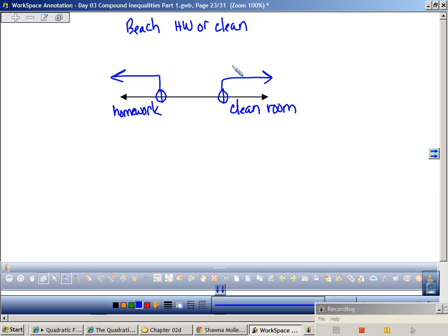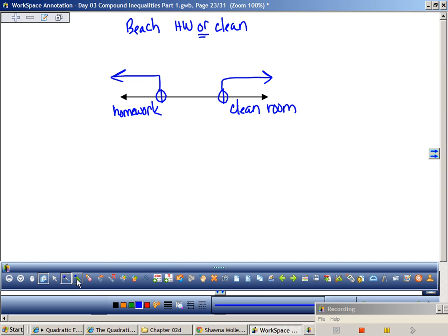So they can do either of the two? What does or mean? Oh, okay, I get it. So what if my daughter didn't clean her room but she did her homework? Does she get to go to the beach? What if my other one cleaned her room but didn't do her homework? She gets to go too, right? This is what we're going to be doing on Monday, but since we're on this subject,